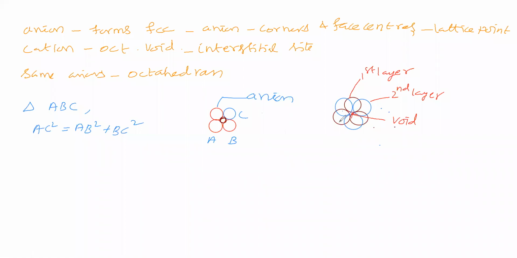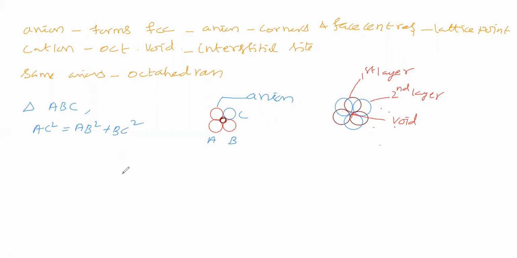You see, to get the octahedron, we took these 6 particles, these 6 spheres. Now, how will the size of this octahedral void be when compared to the size of these particles which form the octahedron? What is the size of octahedral void when compared to this particle size? Do you think that octahedral void size is the same as this particle size?